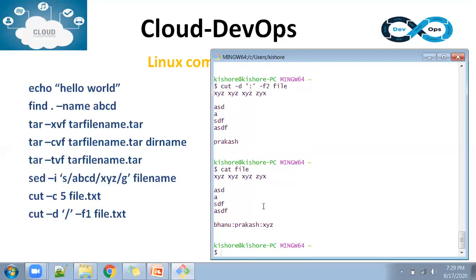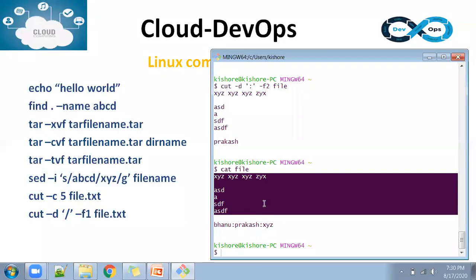Line by line it will take. Each line, wherever a colon is there, whatever is in front of the colon, it will print. So this is the first field. If you select field F2, it will print this. If you select field F3, this gets printed. And it is also bringing all this other data.